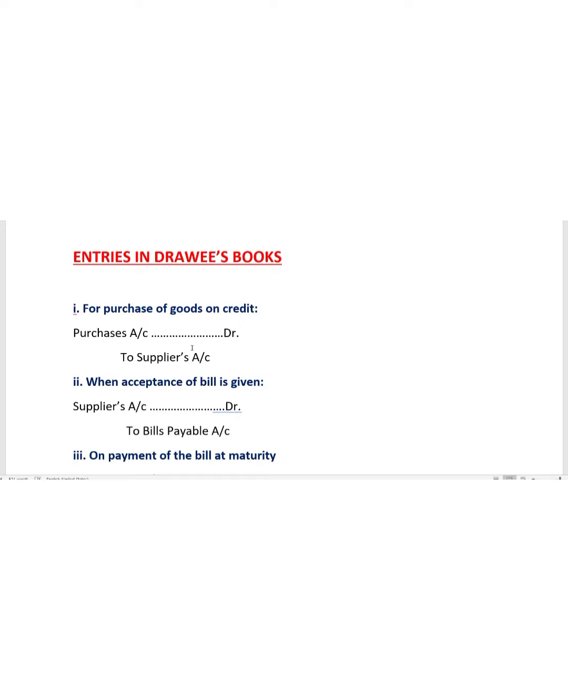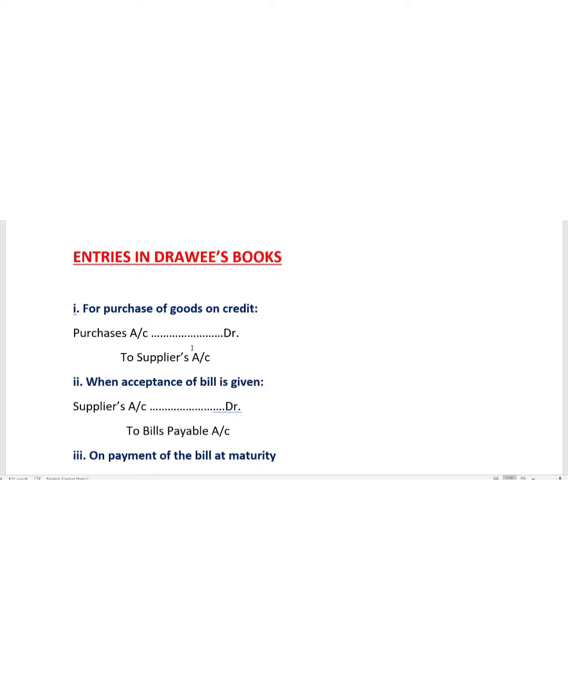Next, when the drawee will give acceptance to the bills of exchange which the drawer has made. The drawer has made the bills of exchange and asks the drawee to accept it by signing. The drawee is the buyer, and the drawee is signing that bill. The drawee is actually a debtor and the drawer is a creditor. So here what will happen? The drawee will sign the bills of exchange and he will return it to the